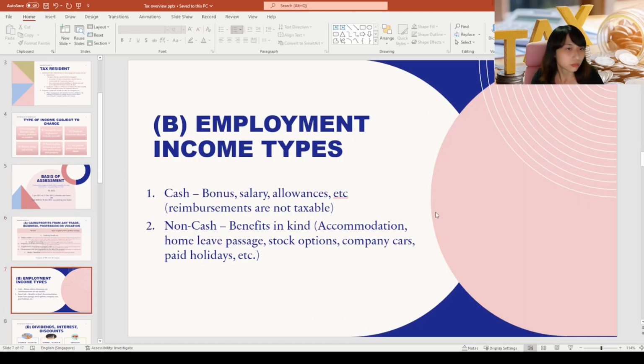Next, we move on to everyone's favorite, which is, I believe, I think 80% of our society or 20% of our society is employees, so they will fall under this category called the employment income types. Okay, so employment income tax, there's two types. One is cash, one is non-cash. So cash is simple things like bonus, salary, allowance, all these are